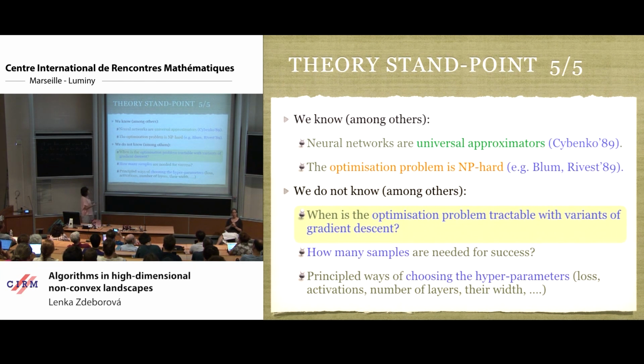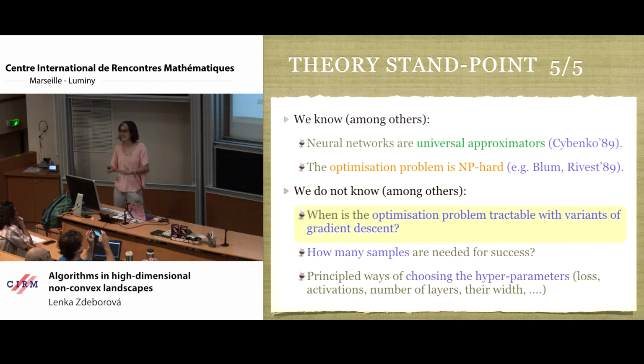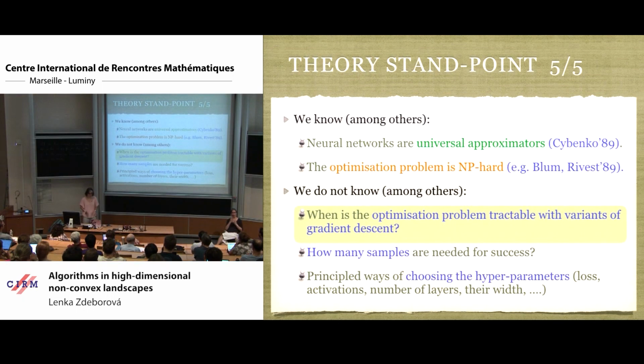So what we don't know: of course, in practice these things are trained and good w's are being found, but theoretically we have no clue when the optimization problem is actually tractable. What are the rules, what are the conditions, the magic properties of the data and the network and the function, so that this problem computationally is not as hard as the worst cases, but is actually tractable. This we don't know, and many other things related to it.